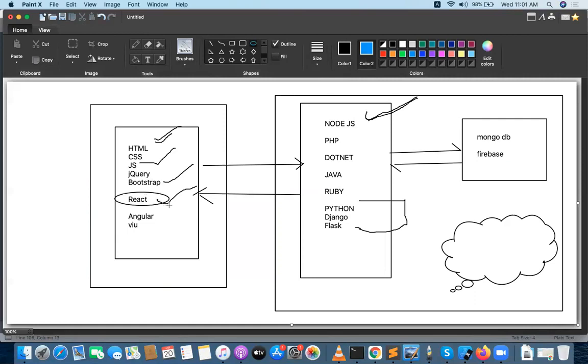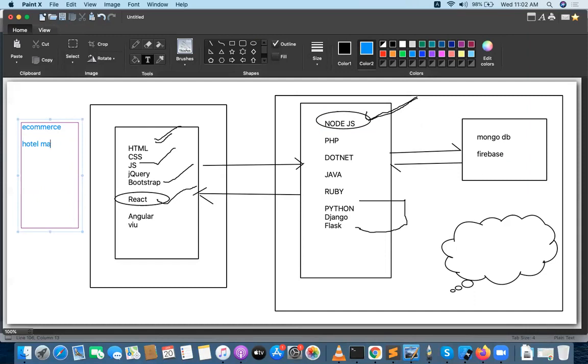This will take some time to learn all these things, and after that we will create some project level training. We will go with the e-commerce project, whatever you want. We will do a lot of projects here: some e-commerce projects, hotel management things.